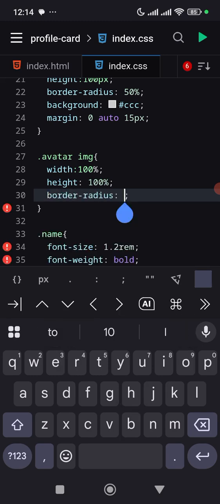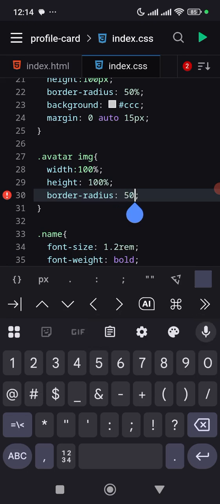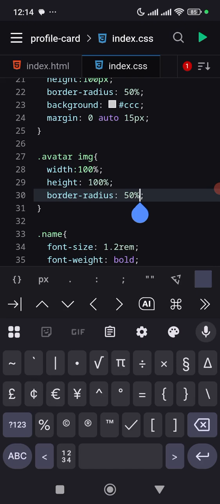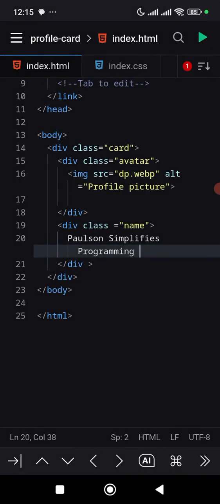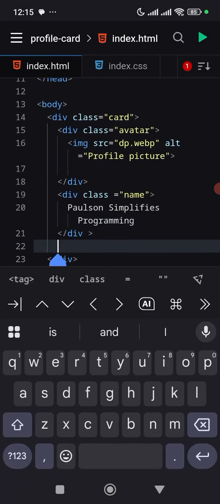Border radius 50%. Okay, so if I go now, you can see now it's rounded. Okay, we are making progress. Follow me. After this div, the next div we are going to add is the